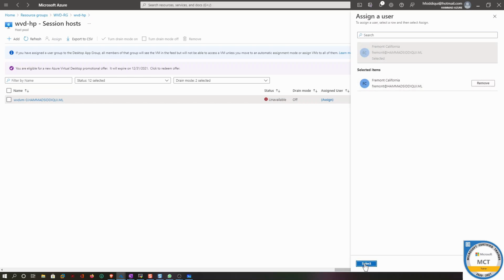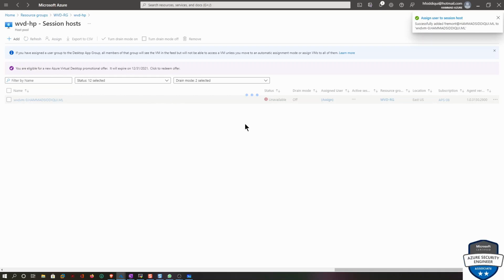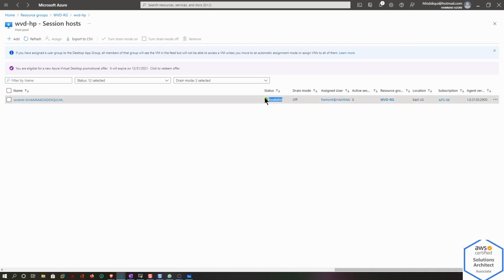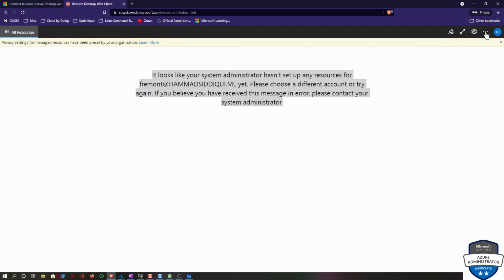We added that and click select. And then click OK. As soon as you hit OK, the status will be available. If I refresh it, now you can see it's available. So it means that the machine is ready. If, let's say, we want to go back to our resource group, and if you want to log out,